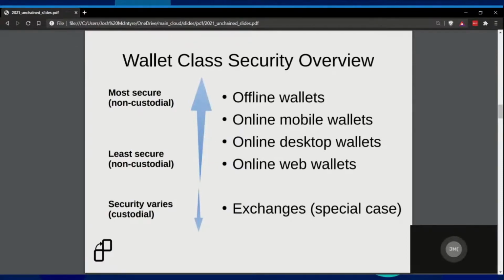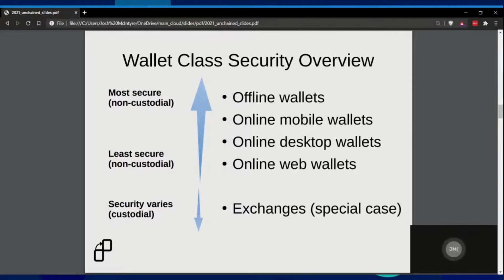In terms of wallet classes or wallet categories, or perhaps even wallet types, there's a sliding scale from generally the most secure types of wallets to generally the least secure. Offline wallets are definitely the top when it comes to long-term storage security and safety. Offline wallets, being things like hardware wallets primarily, are the gold standard and the modern standard, but this also could include offline generated single key pairs.